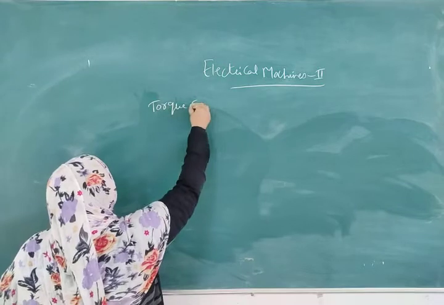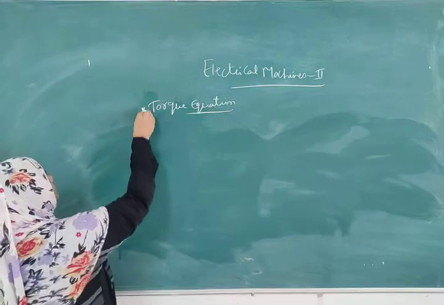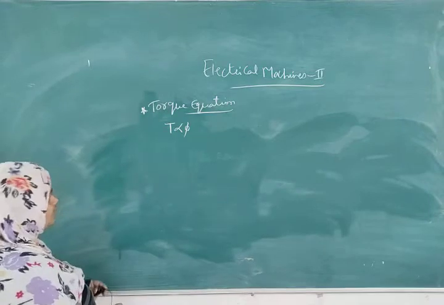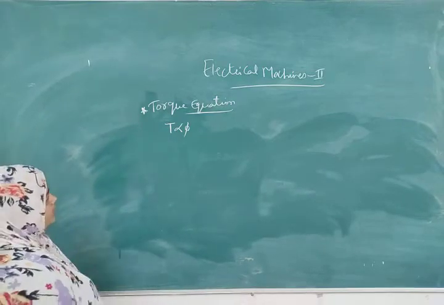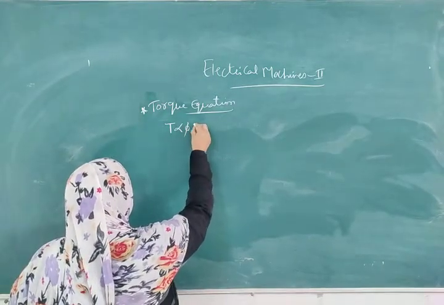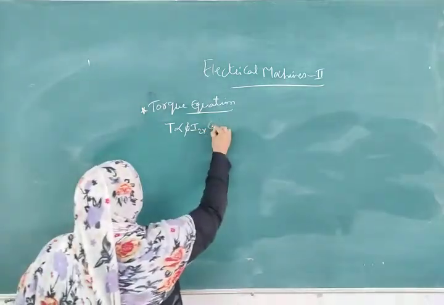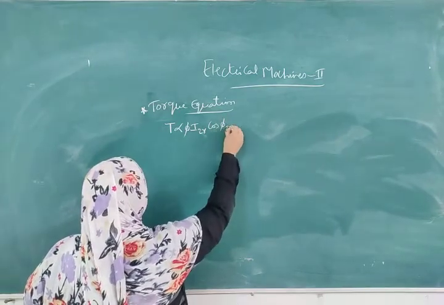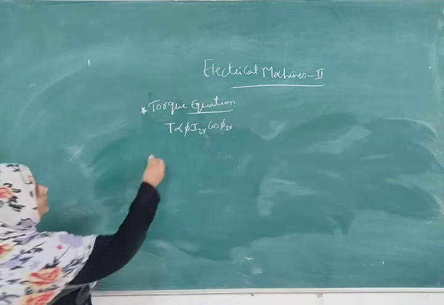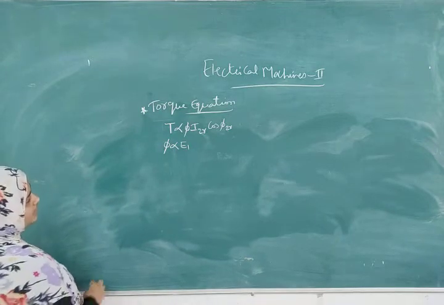The torque equation is very important. You can get it for a long question or sometimes a short one also. Torque is proportional to the rotating magnetic field, which is responsible for the production of EMF in the rotor, and it is proportional to the magnitude of current in the rotor in running condition, and to the power factor in running condition. Torque is proportional to phi I2R cos phi 2R. But this phi will be proportional to E1, which is nothing but the EMF of the stator.